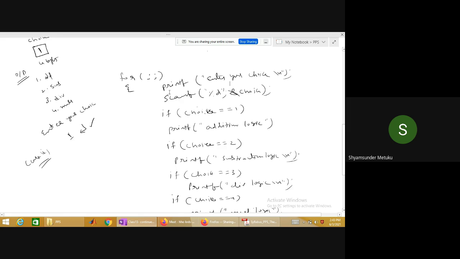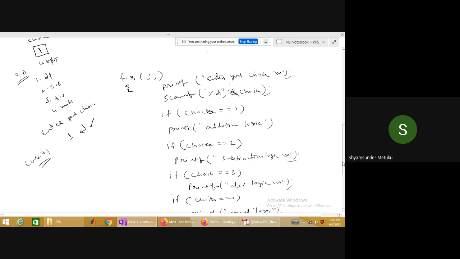The only difference is unnecessary memory, why should I waste? That is the reason I removed the outside ones. But you can write outside also, nothing wrong. The first time when you write outside, it will ask enter your choice 2 times, which is not meaningful. That is the reason I removed the outer printf and scanf. The moment the program gets executed, you will enter the for loop, enter your choice. You enter the choice, 1 or 2, 3, 4.